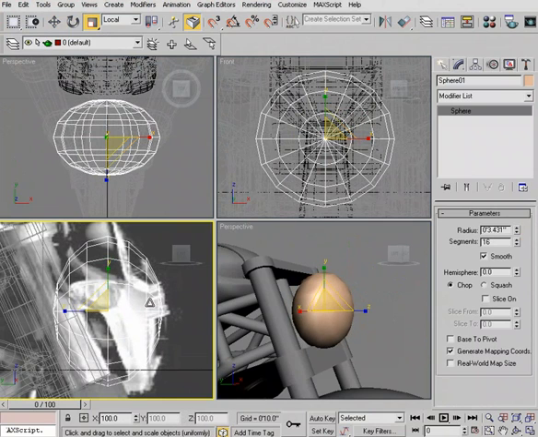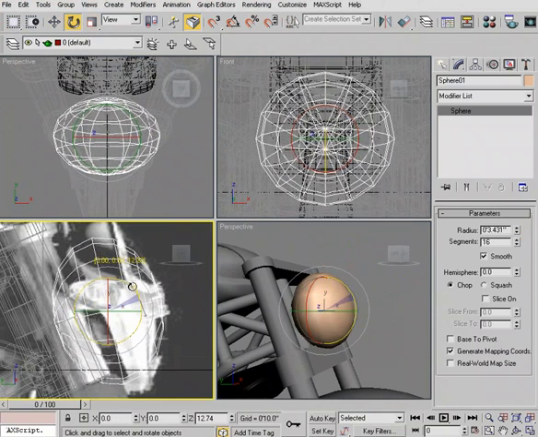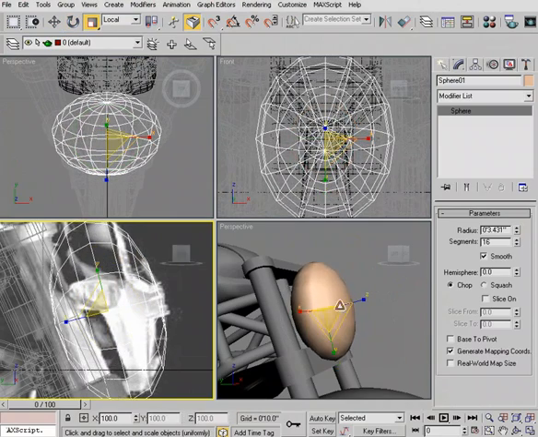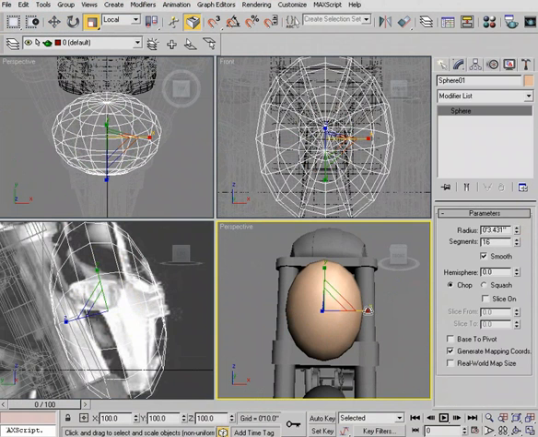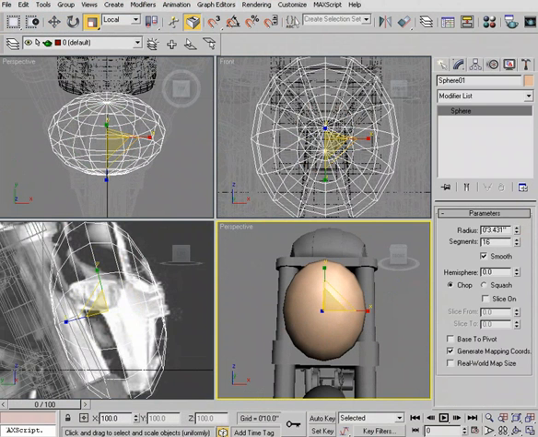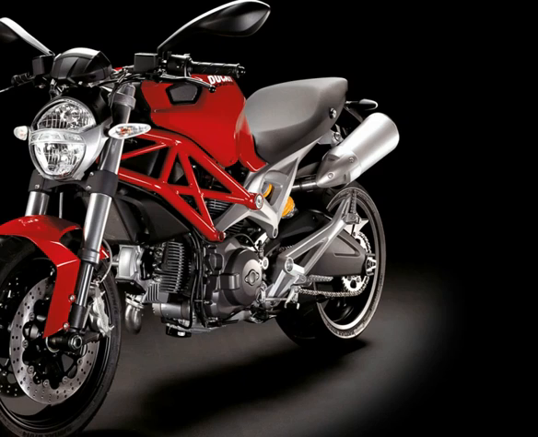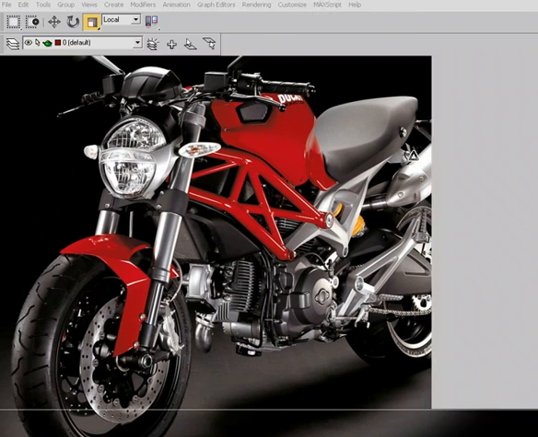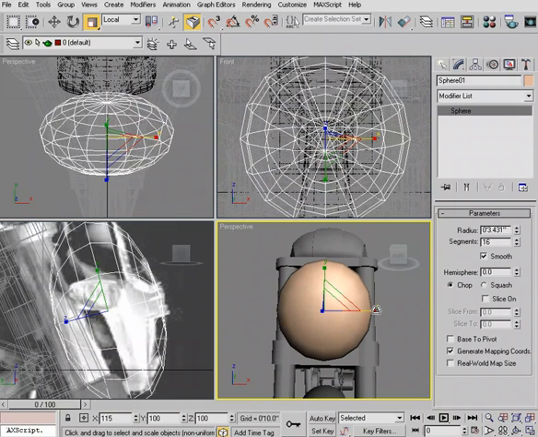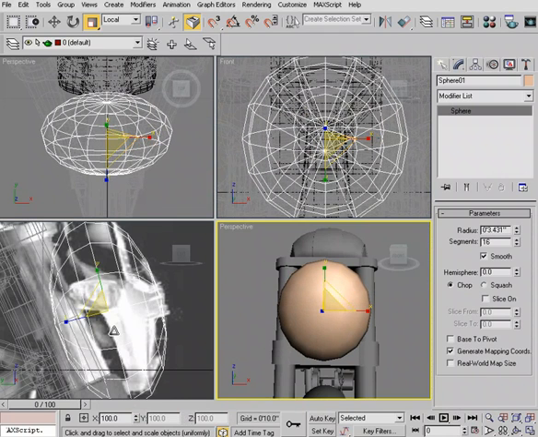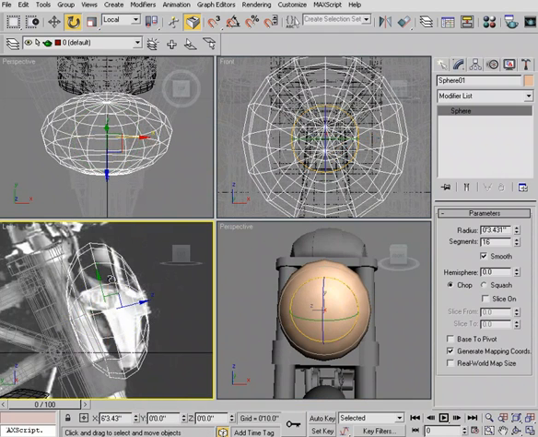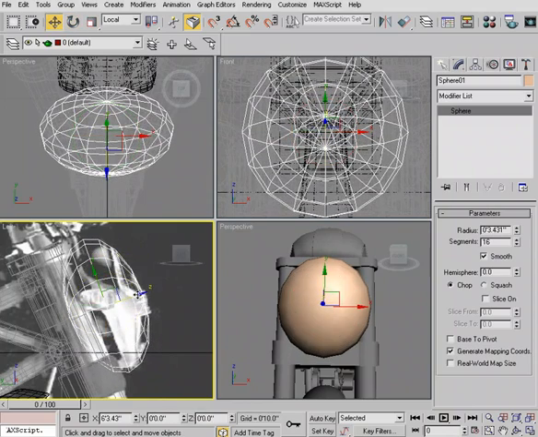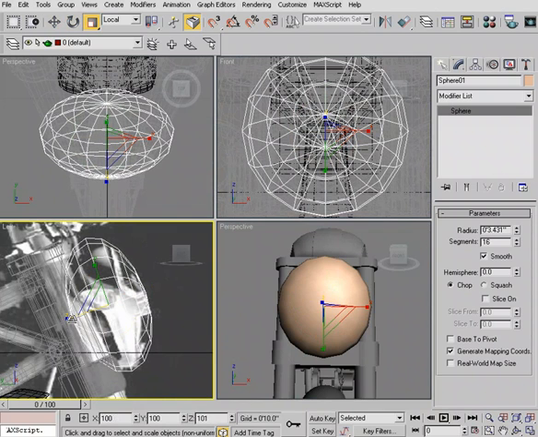All right, and let's rotate this. And we'll scale it up a little bit. Okay, so you end up with something like that. We can take a look at the reference if we want to for what that looks like right up there. Okay, so I'm going to widen that out a little bit. So once we've got it matching up a little bit more with our image here, we can now